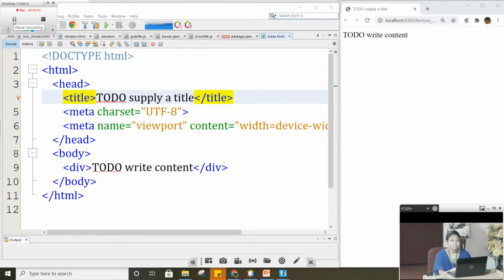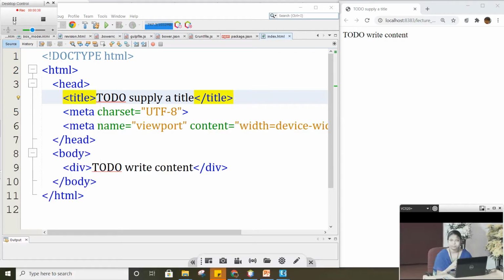Hello friends, in this session we are going to discuss form elements in HTML. We know the purpose of the form element. The form element will help us get input from the user. Whenever we are going to get any input data from the user, like using the text box, the radio button, drop down list, checkbox, or choosing any file, all this kind of input can be received from the user and we can submit this data to the server.